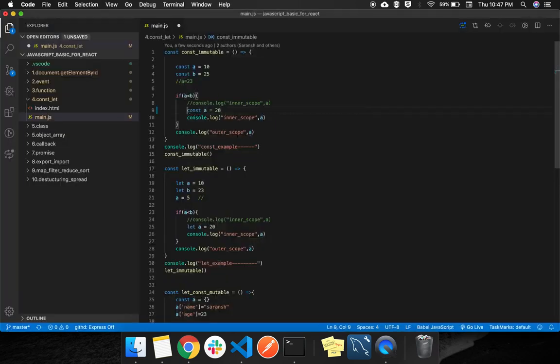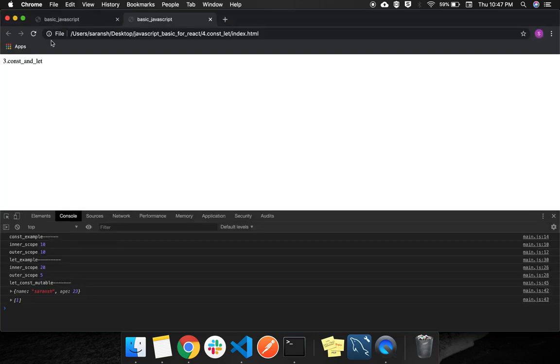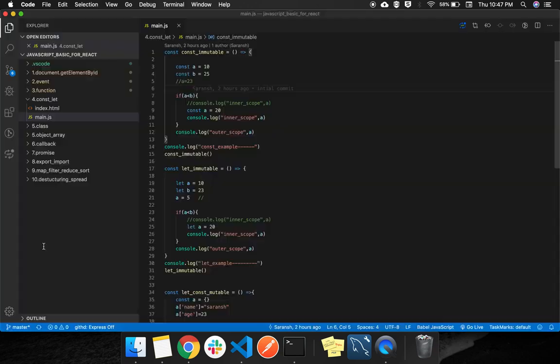But if you reassign this, then it will take 20 as the value in the inner scope. Meaning if you assign this, then it refers to this variable, which has been assigned in this scope, so it will take this value.